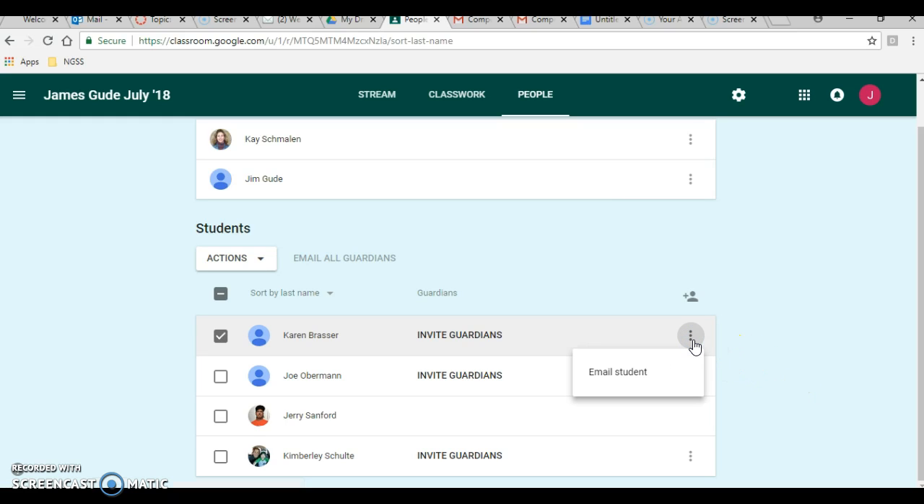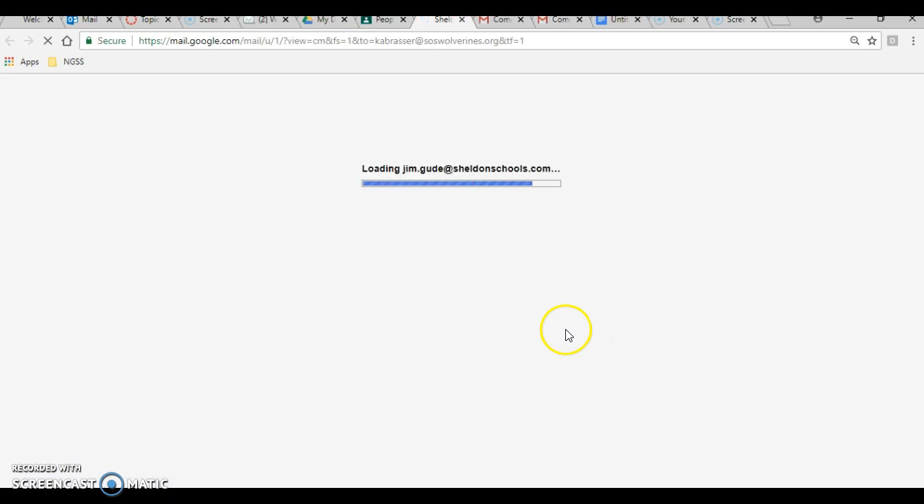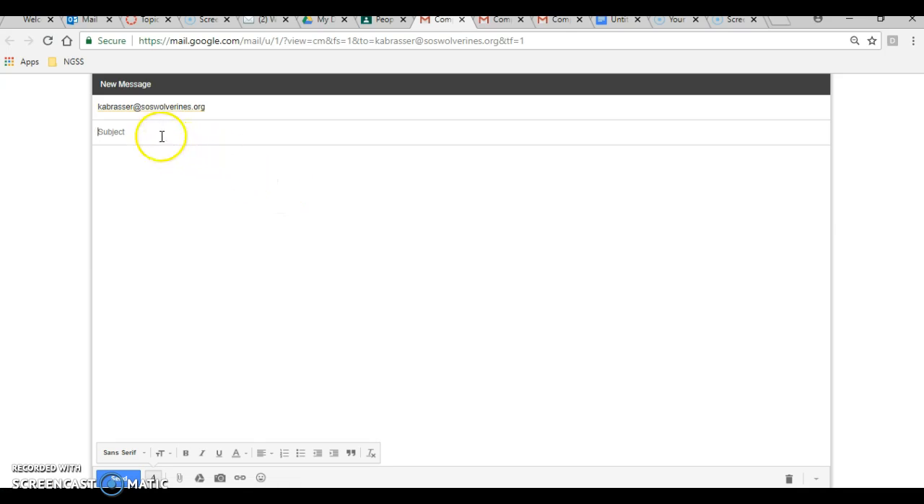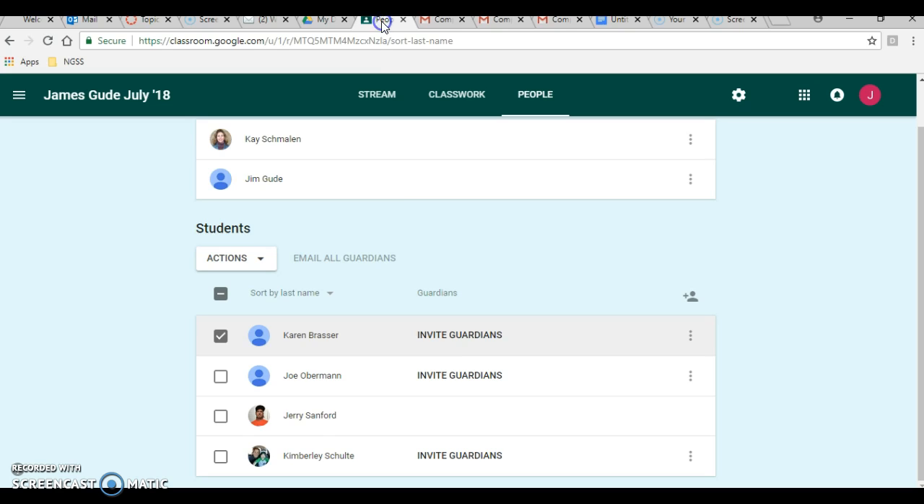I believe here, if I click on the three vertical dots there, I could choose to just email Karen Brasser, and I could type the same message, or a similar message. Again, I'm not going to send that because Karen's handed her work in. So I can send the emails through the People option here, or if I click back here and I go to the page,